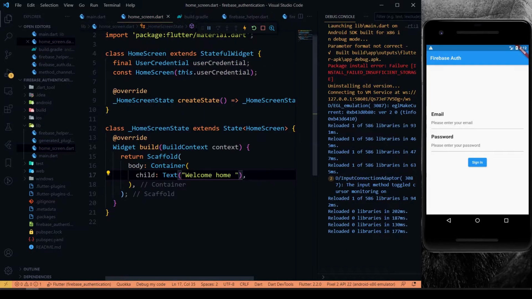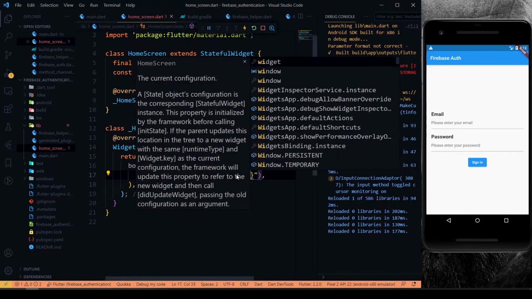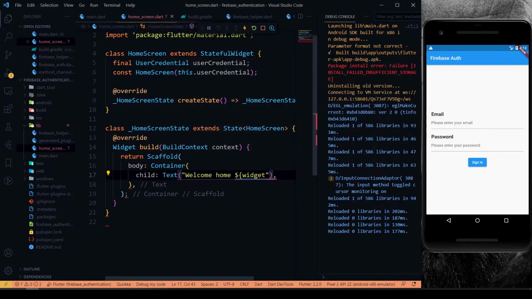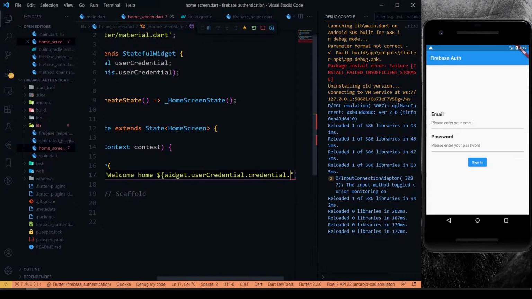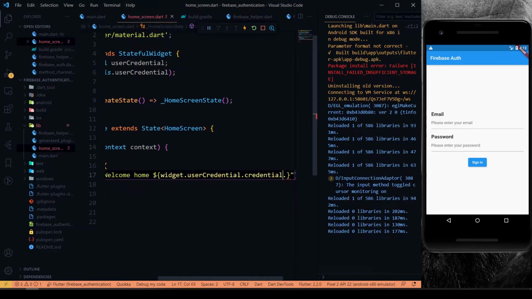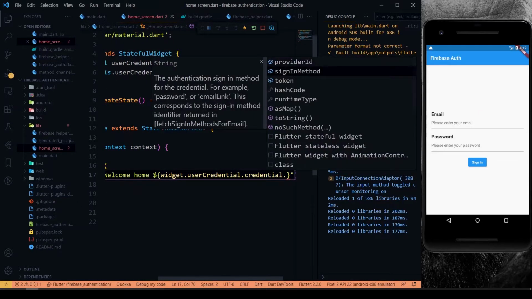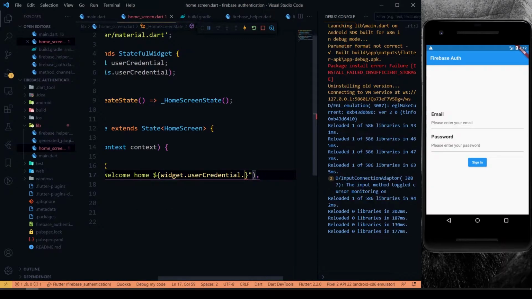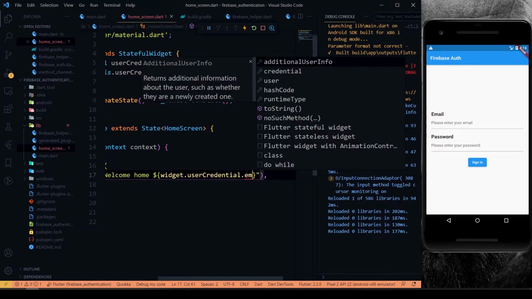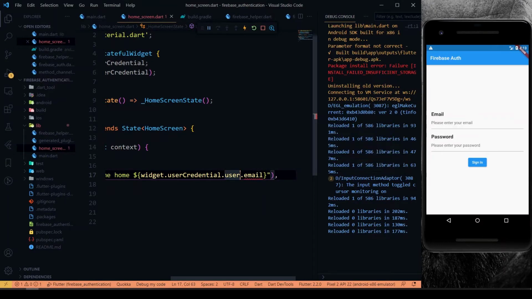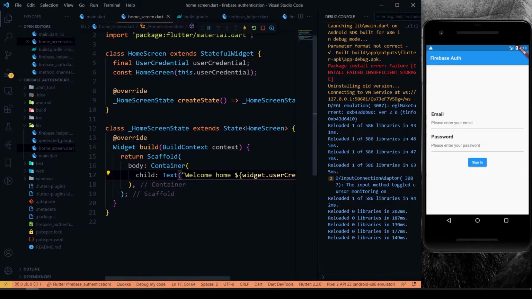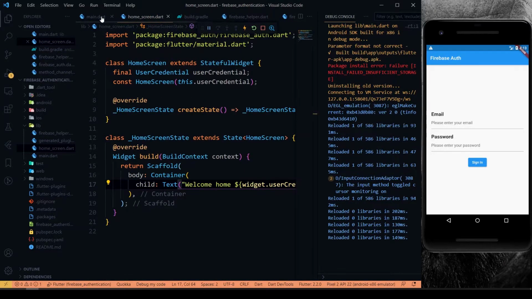So inside this welcome home, I'll just print the value of the logged in user email: credential dot user email.